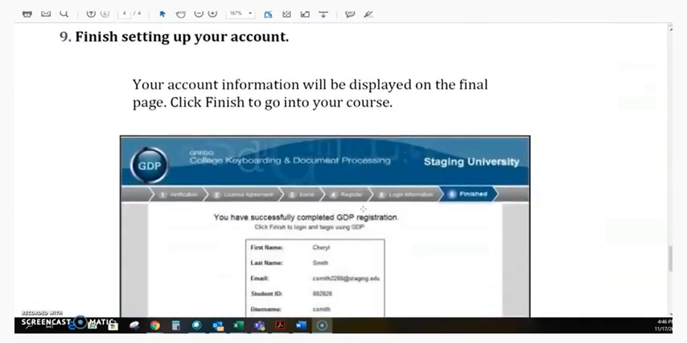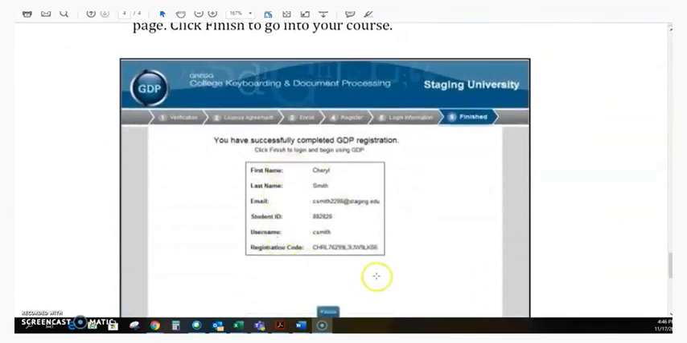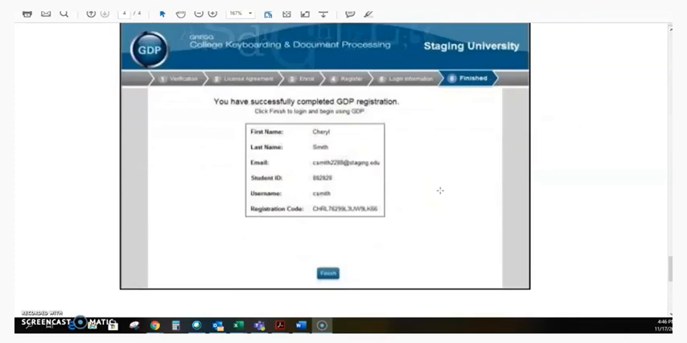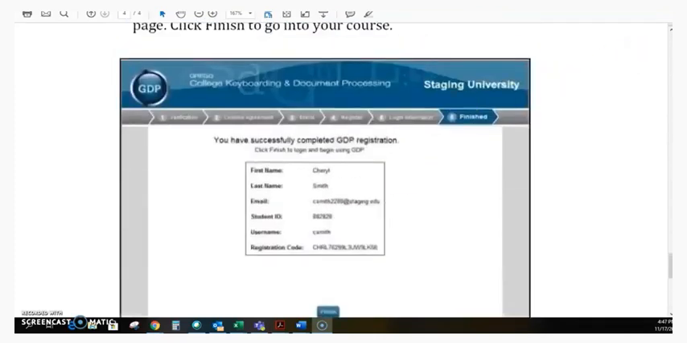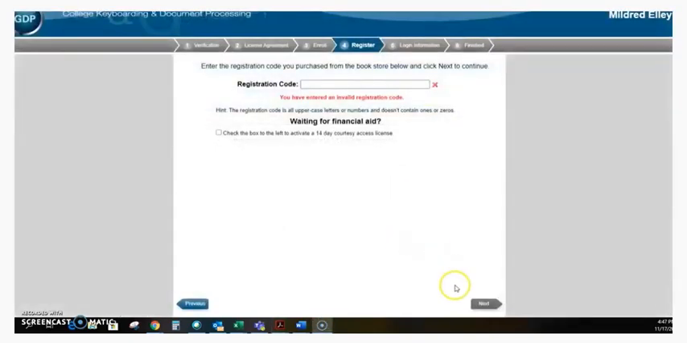So once you have done all of that, you're going to get a page here at the end that confirms that you've registered. Make sure that you write down your username and your password for this account because that is what you will need to access GDP to complete your lessons when you come back. So I am going to